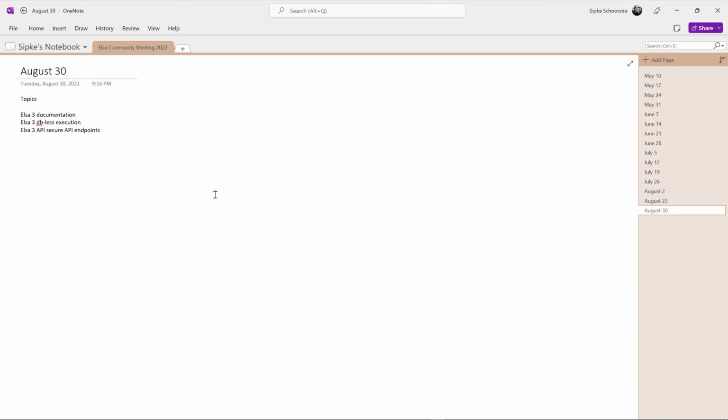So as a new user of Elsa 3, when you start it from your Visual Studio or whatever IDE you're using, I want the API endpoints to be protected by default and give the developer an option to opt out of secured API endpoints, but by default it should be enabled. And also, not only should it be enabled, it should also be easy for the developer to get started with Elsa without first having to create an access token and then having to somehow include it in the outgoing HTTP calls from the dashboard, because also from the dashboard's point of view, the user should be able to just start using it, even if it means we require the user to log in using a predetermined login, a username and